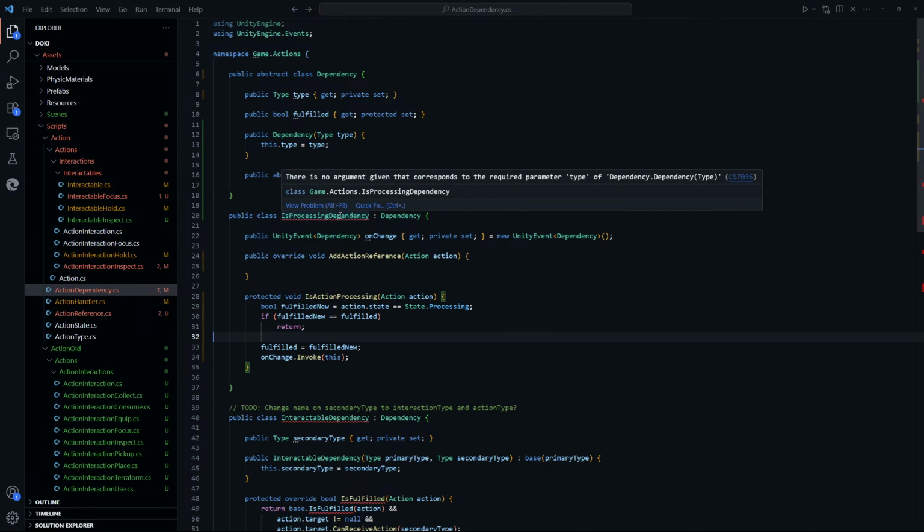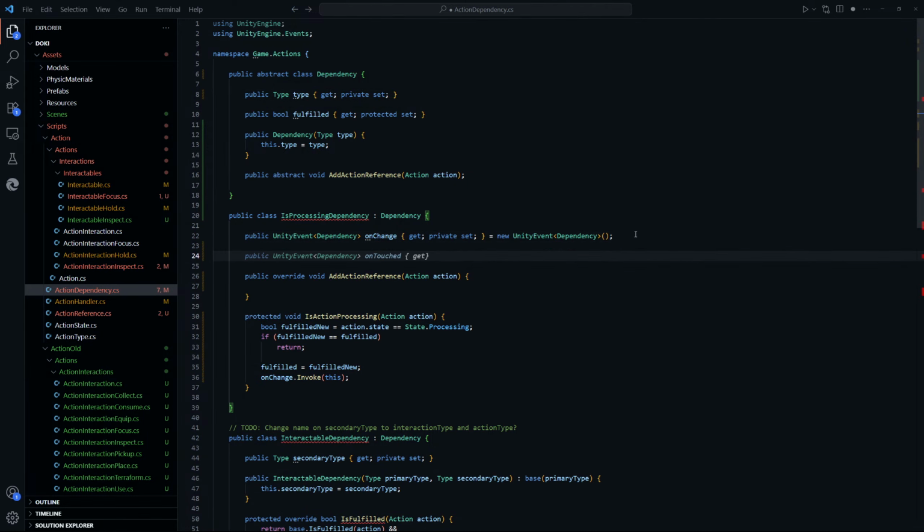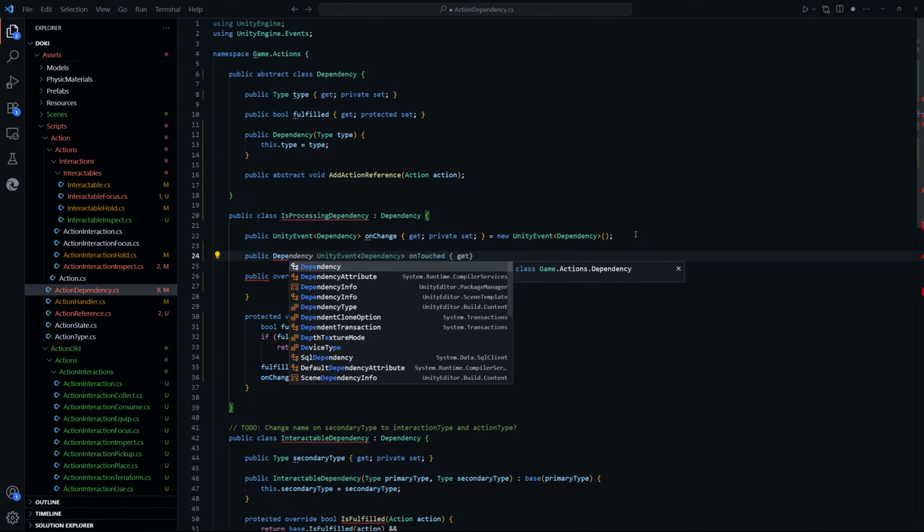What is it complaining about? There is no argument given that corresponds to the required parameter type of dependency. Type. Oh, yeah. We need to state